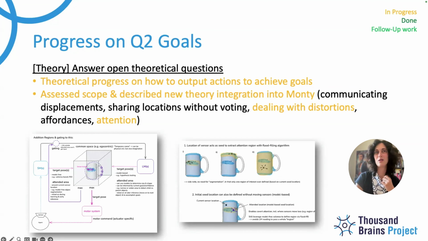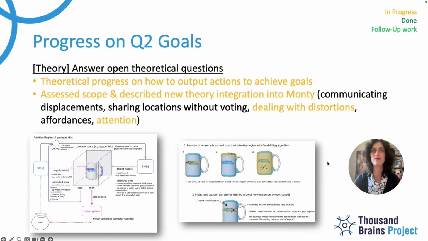And then we had assessed scope and described new theory integration into Monty. There were several ideas we had at the end of last quarter, including communicating displacements, sharing locations without voting, dealing with distortions, affordances, and attention. The main ones we talked about this month were attention, since this is something we want to integrate into Monty now, and dealing with those distortions. This is something that MuJoCo addressed partially with the 2D sensor module. And we'll have to see if we need or want to make further changes to do that. But the other ones weren't really priorities at the moment to integrate for our main goals, so we didn't discuss